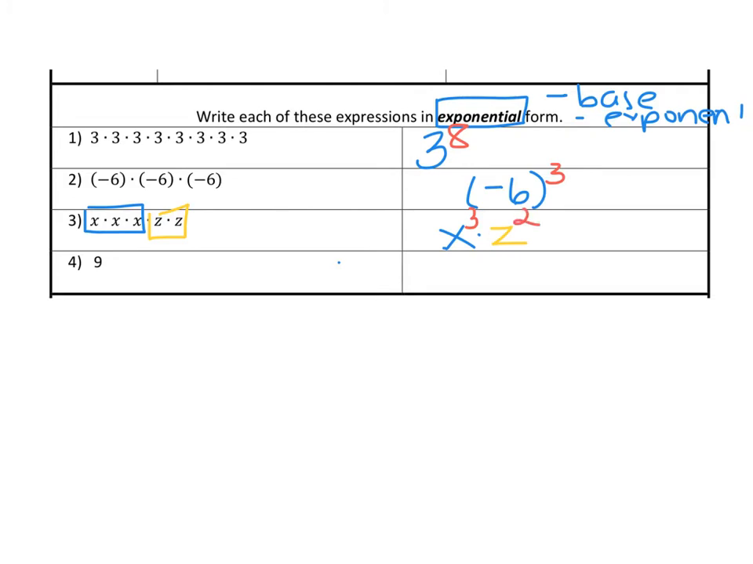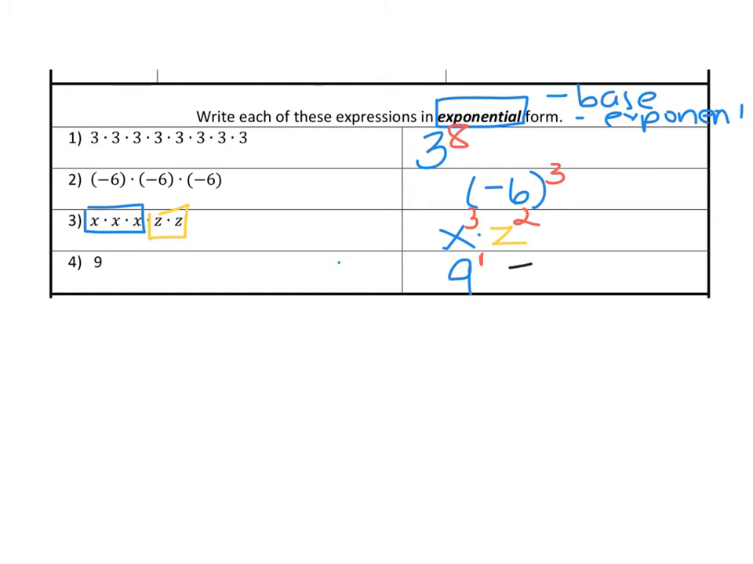So it's x to the third and z squared. Now number 4 is a little bit tricky. We do have a base. The base is 9 because that's the only number we see there. How many 9s do we have? We just have one 9, so we can write this as 9 to the first, or an equivalent expression